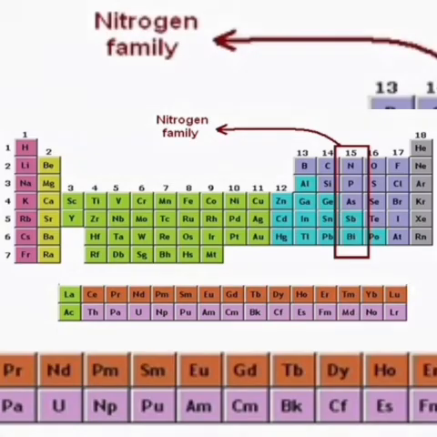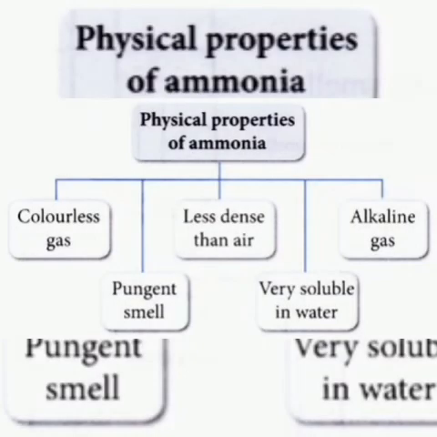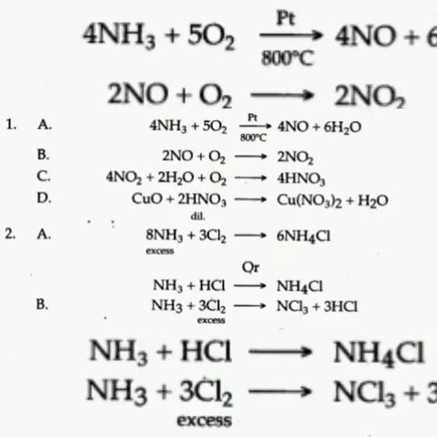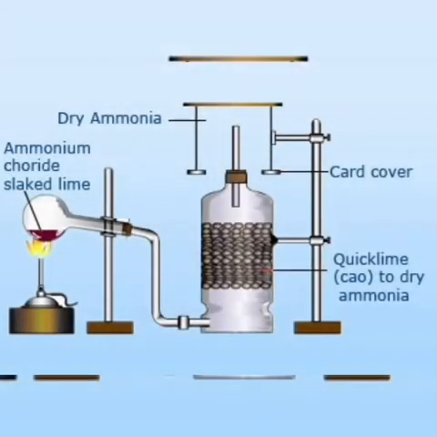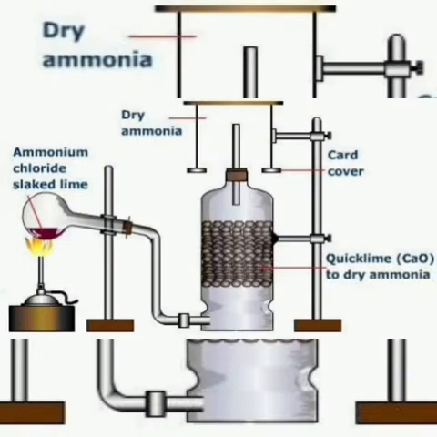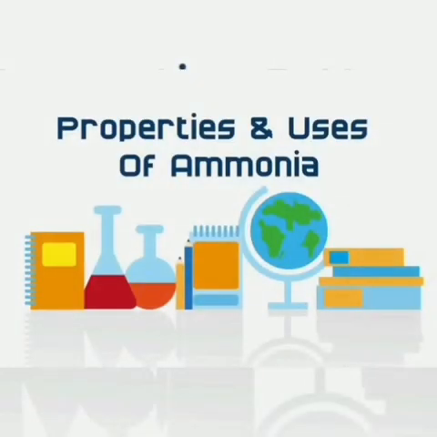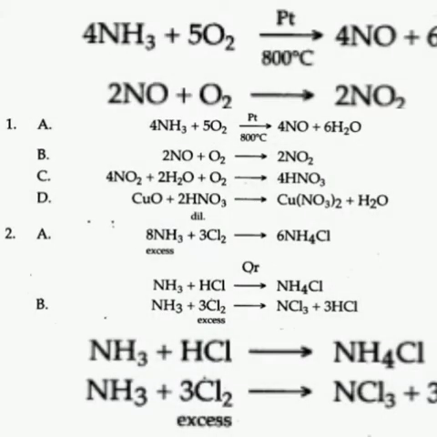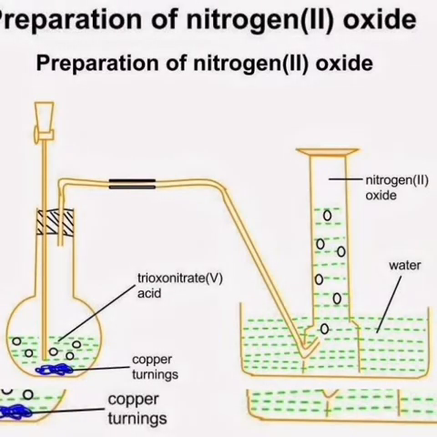Now we are discussing the p-block elements, part 2. What are the chemical properties of ammonia? First one is about the reducing properties. In the last class we discussed the preparation of ammonia, its physical properties, and the chemical properties such as the action of heat and reaction with air. We'll discuss that one, and also